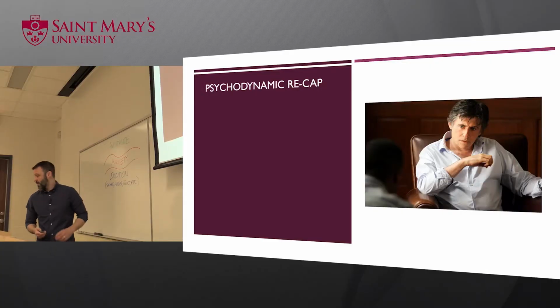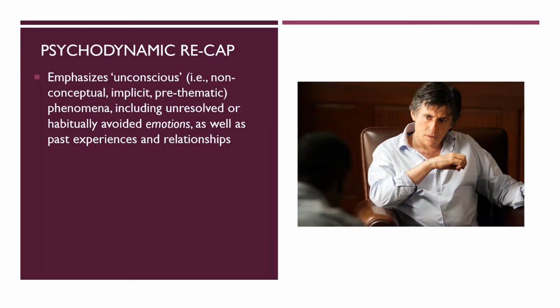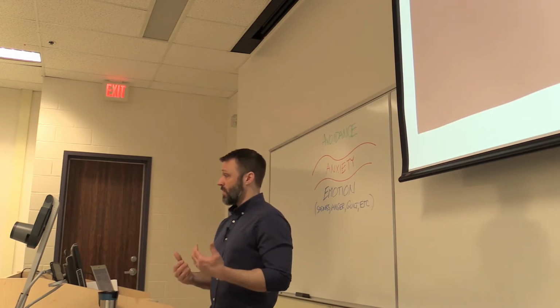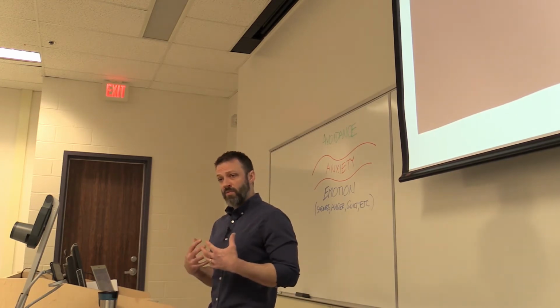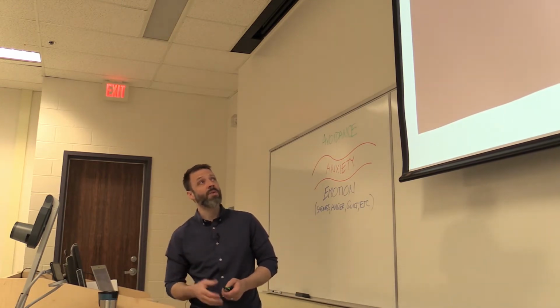So just a brief recap on psychodynamic theory. It's an approach that emphasizes unconscious, that is non-conceptual, implicit, or pre-thematic phenomena, including unresolved or habitually avoided emotions, as well as that implicit way of understanding relationships and past experiences that may have influenced us. A lot of this lines up with attachment theory, some of the things that we've been talking about that play out on more of that emotional, intuitive level in terms of how we are situated in the world and how we are oriented